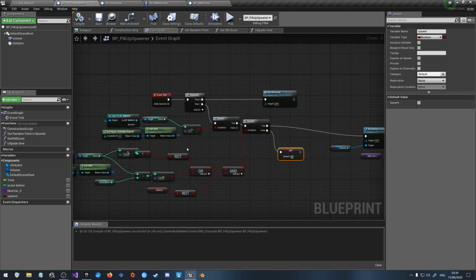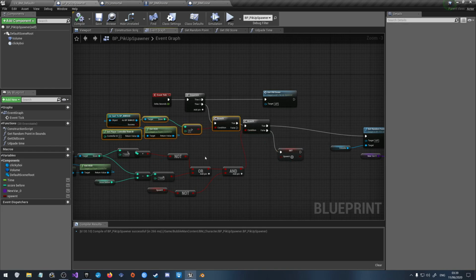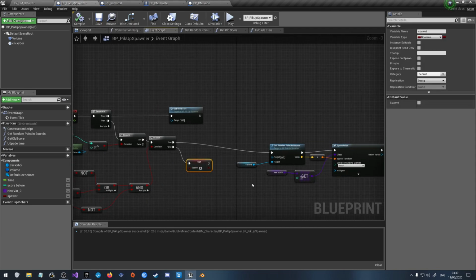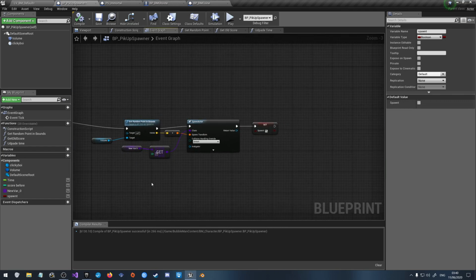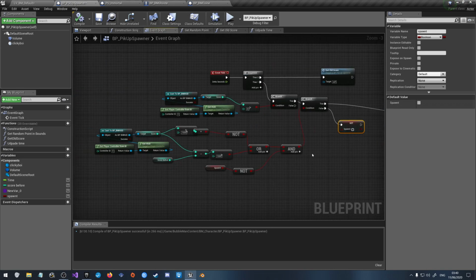Okay, so what was going on is that it was spawning power-ups on tick when it was true, which is a big no-no. So now what it's going to do is check to see if it spawned one by having this boolean. This boolean will be set when it spawns one, so it will stop spawning them after it spawned one, and when it can't spawn one,